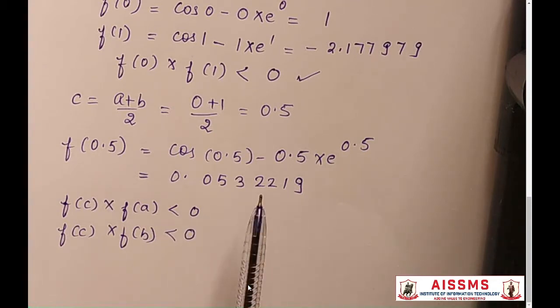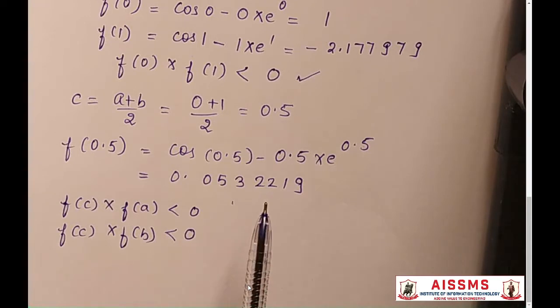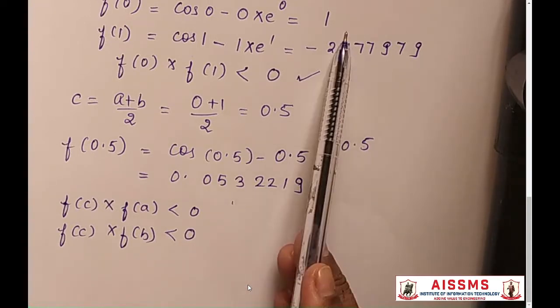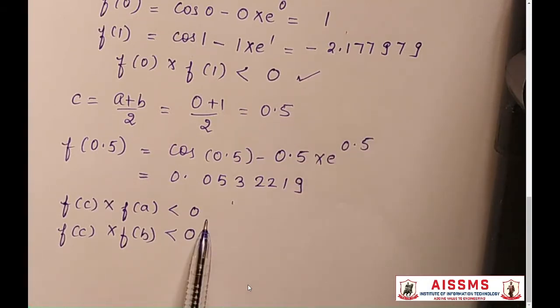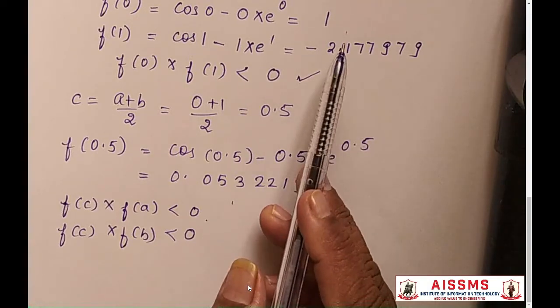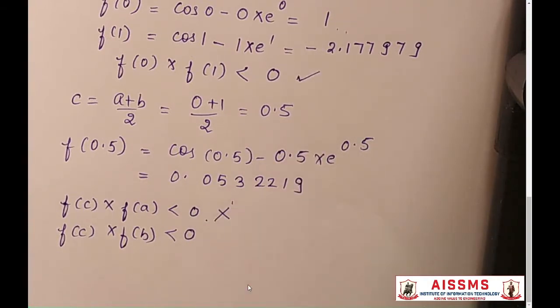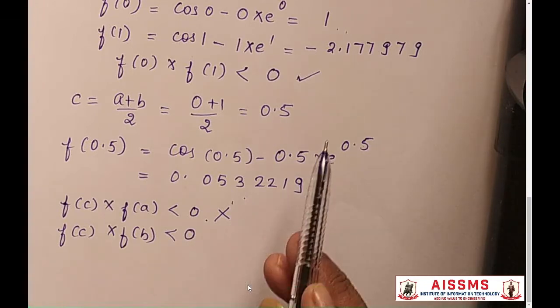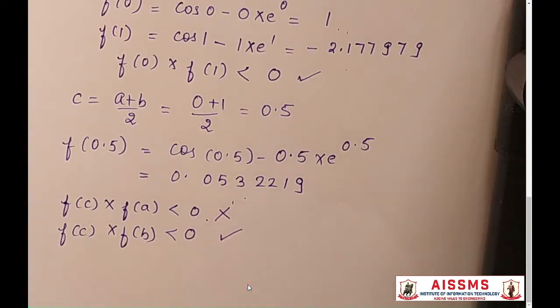You can see f of c is coming as positive and f of a is also positive. So f of c into f of a is not less than 0. F of c is positive, f of b is negative. Therefore, the root lies in the interval